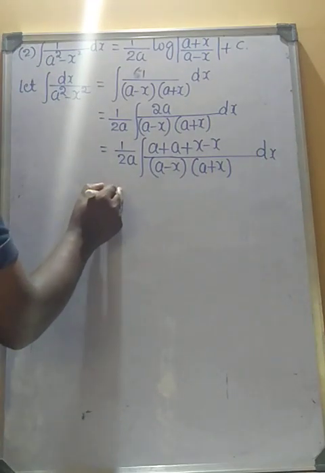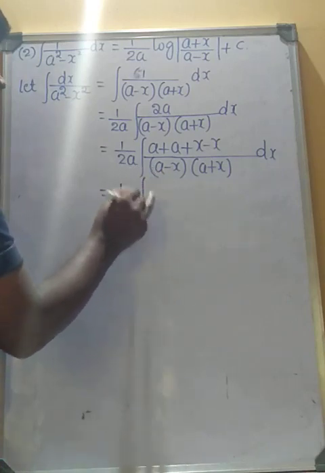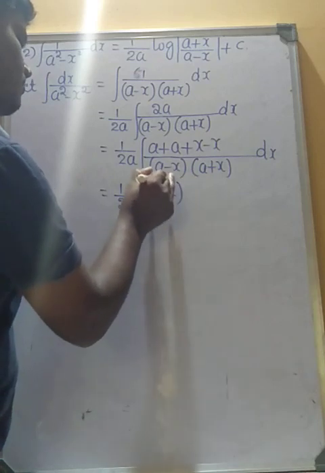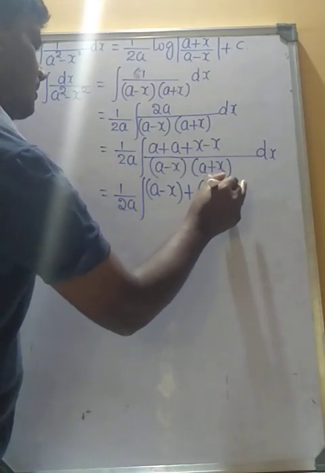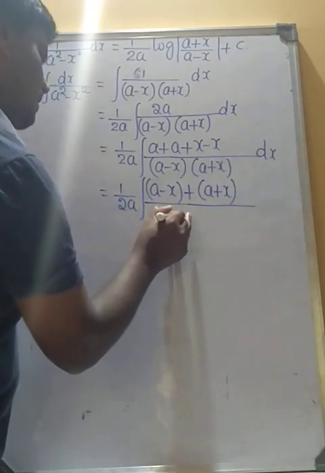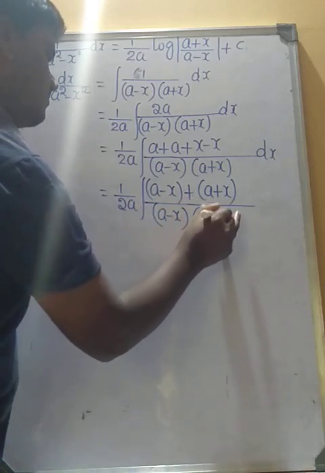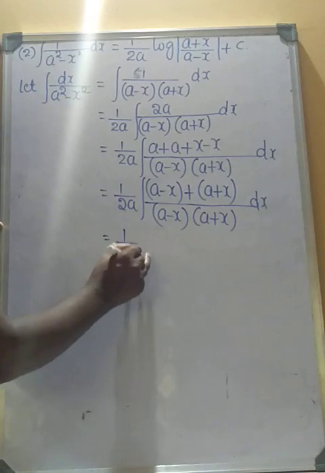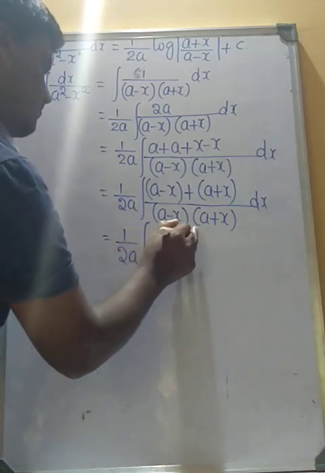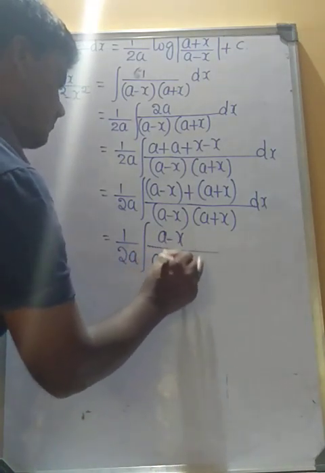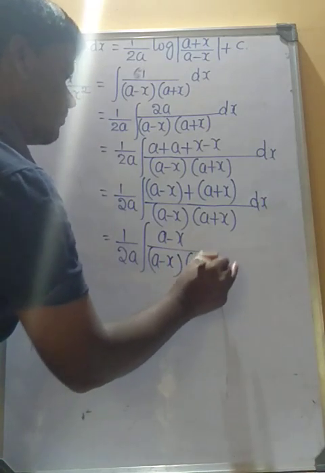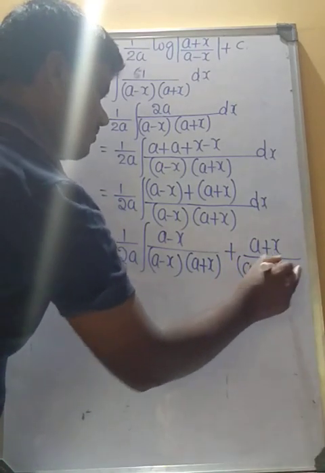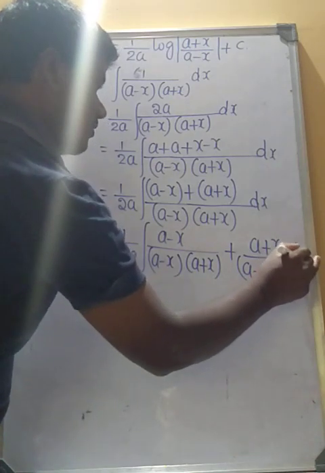So now by grouping, 1 divided by 2a integral of a minus x plus a plus x divided by a minus x into a plus x into dx, equals 1 divided by 2a integral of a minus x divided by a minus x into a plus x plus a plus x divided by a minus x into a plus x into dx